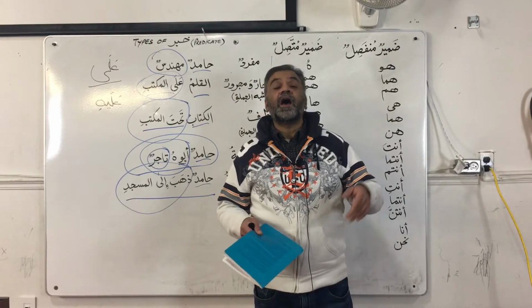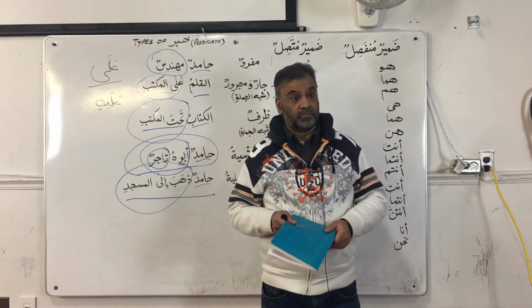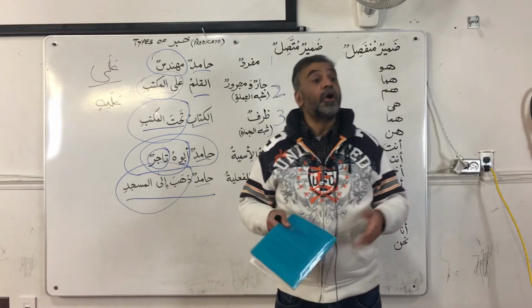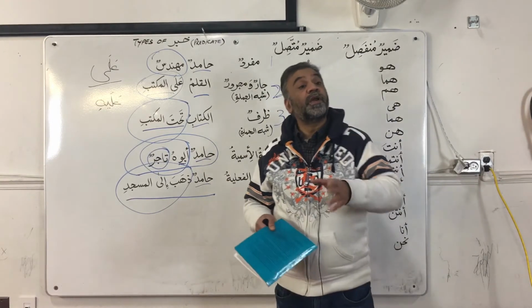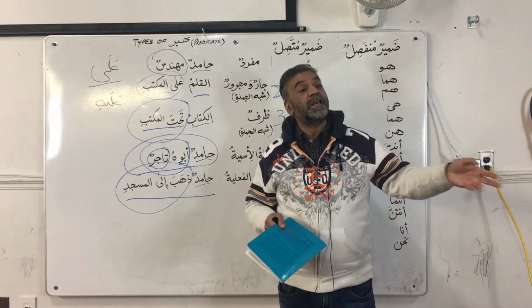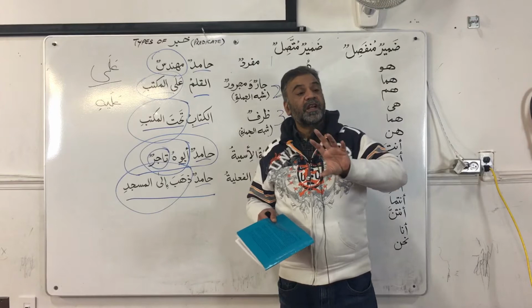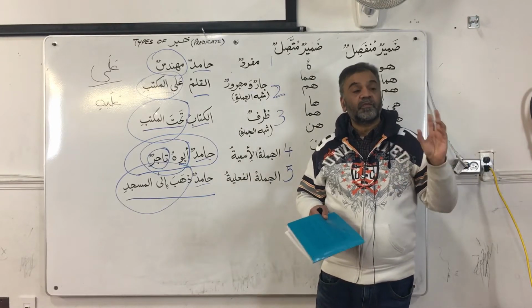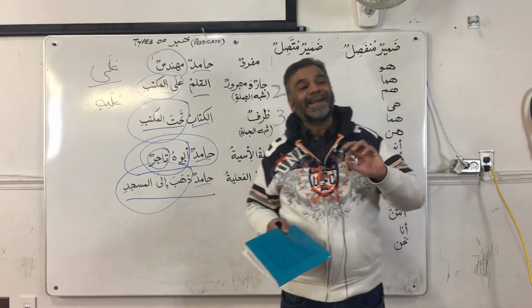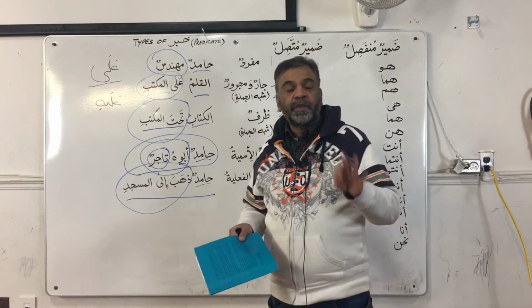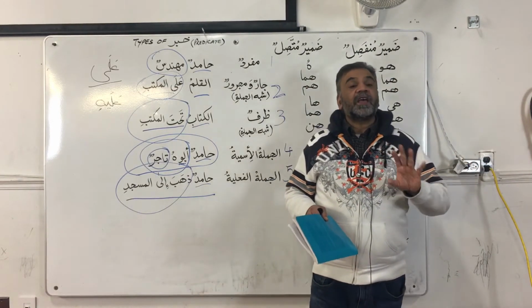Allazina amanu, those who, then we would have to bring in silatul mausul, amanu, who believed. So, always with ismu mausula or a relative pronoun, we have to bring in silatul mausul. This is a concept we lightly touched upon in the previous classes, but we will do it in more detail. So, ma has many flavors.